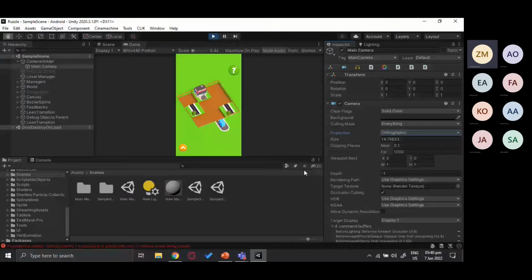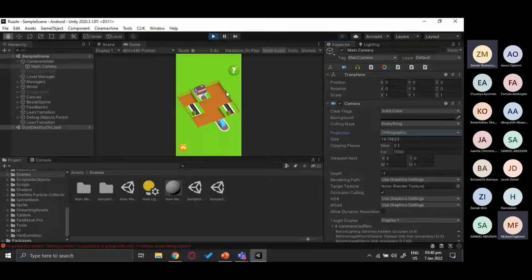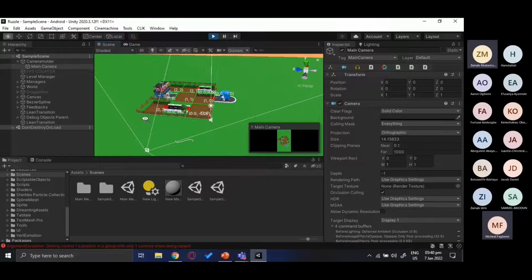So that is the basics. Those are the three things you need to know. The four main... okay, sorry. There are the five main components of Unity you really need to know. The first is the scene view, which is this,